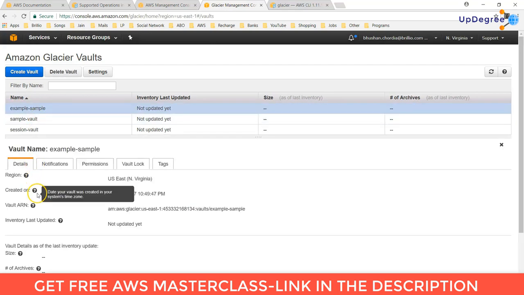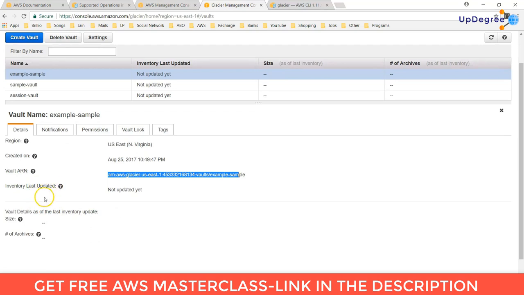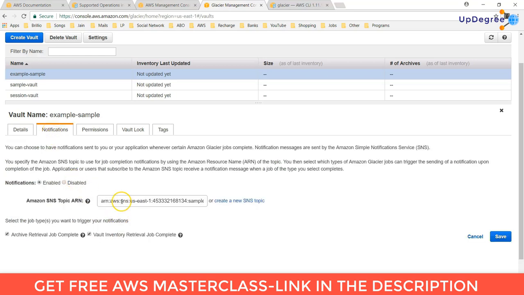You can click that. You can see the details like region, created on, vault ARN, that is nothing but Amazon Resource Name of vault, inventory last updated, and vault details of the last inventory updated. You can see the notification which I have created.